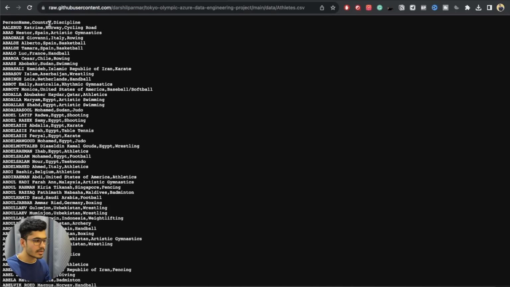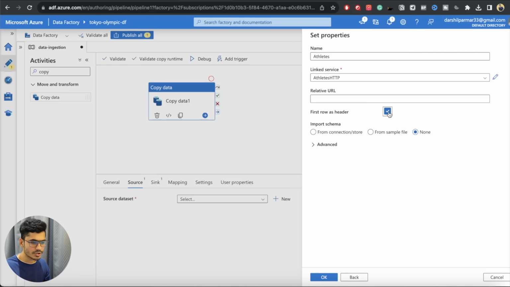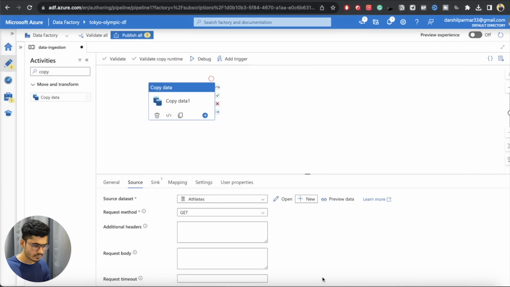So person name, country, and discipline. Make sure this is ticked. Just click none over here and click on OK. Now what we did, we just linked our source to our data factory, and you can click on this preview